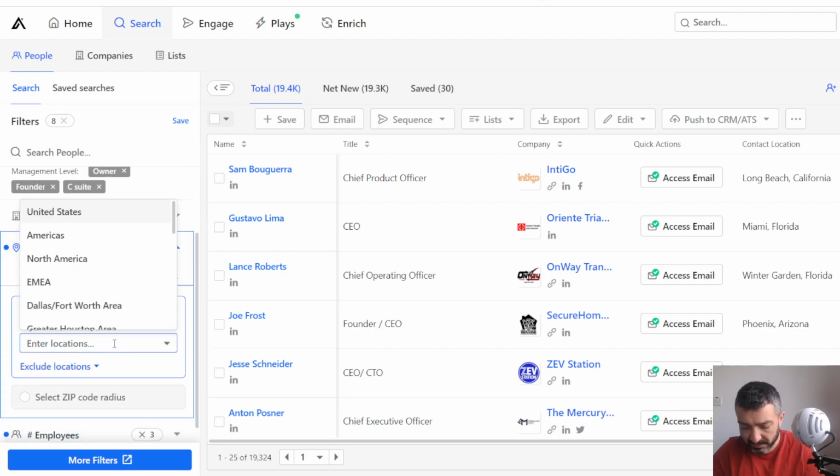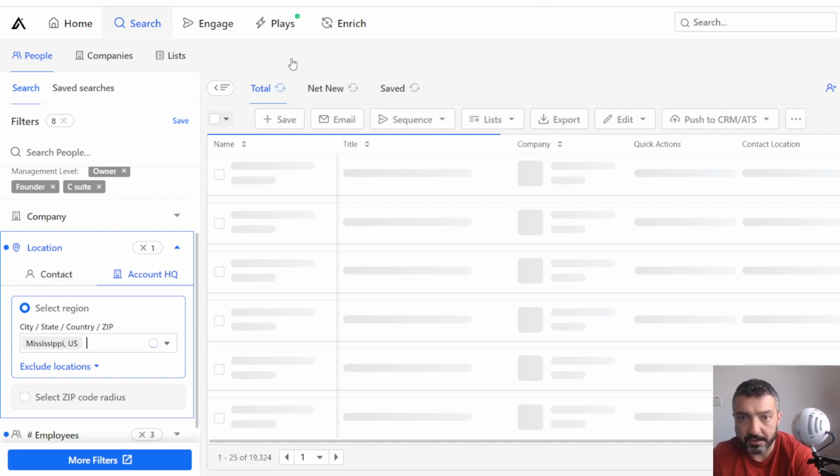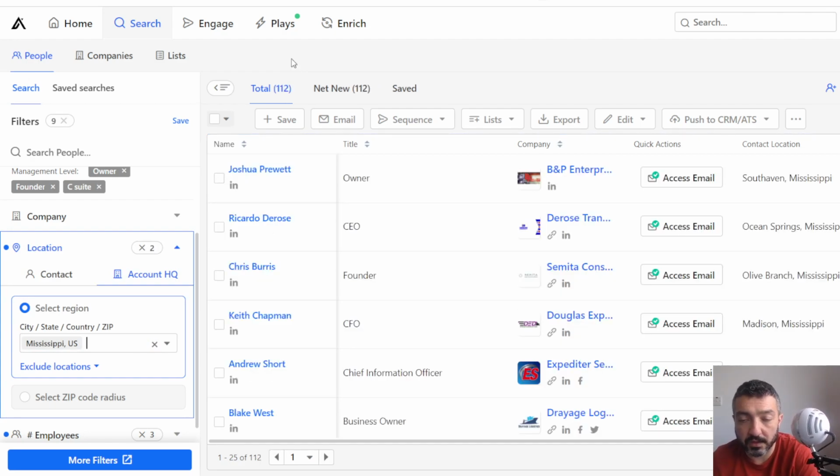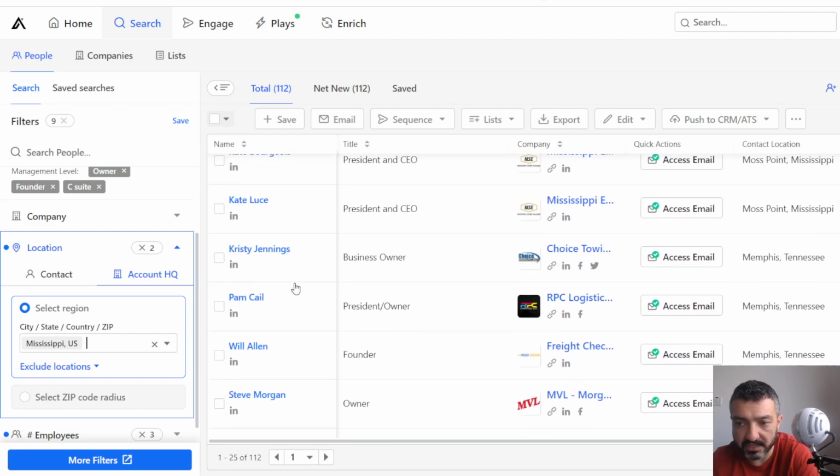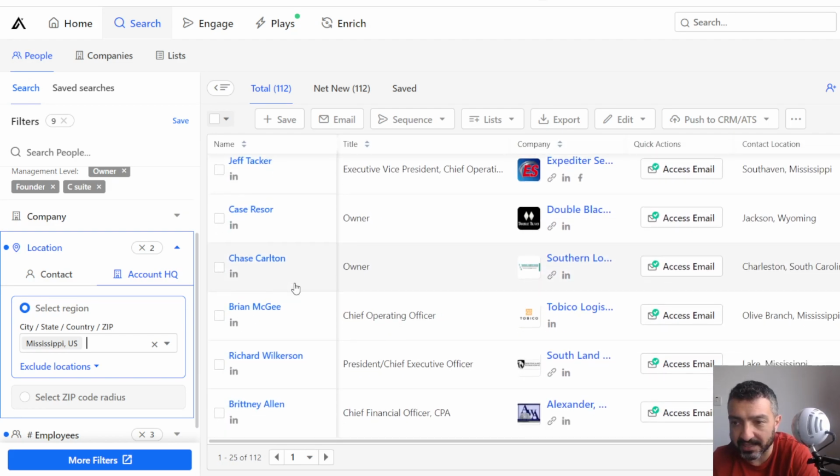Account HQ. So let's pick a state. Let's pick Mississippi. Okay, 112. Okay, you know what? Let's just go with that for now. This is perfect. So we've got 112 people here that are senior people, C-suite people in